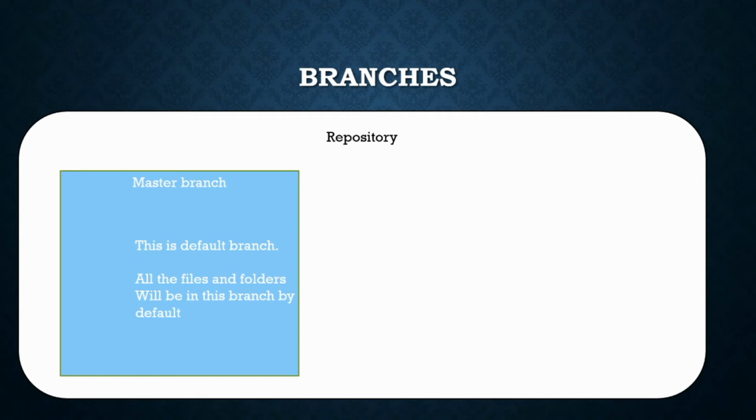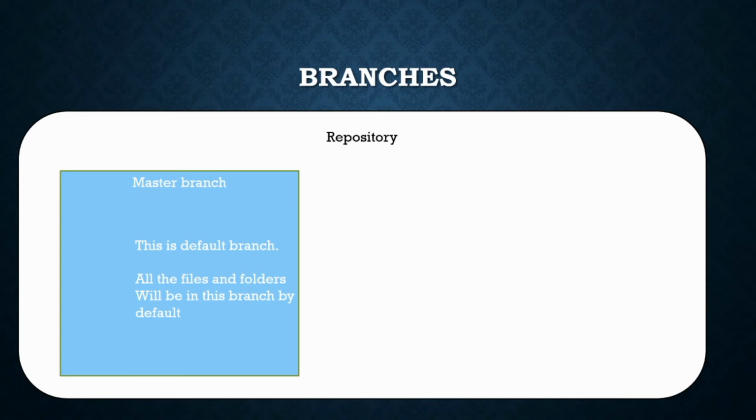This is our default branch. If we didn't create any other branch, all our files and folders will be under the master branch, right? Now in our previous example, when we wanted to experiment with one of the production files, we created a copy of that file, and the same way we created copies of all the files in the same Git repo, and we tried to experiment with the copy. But as a result, our Git repo became very messy.